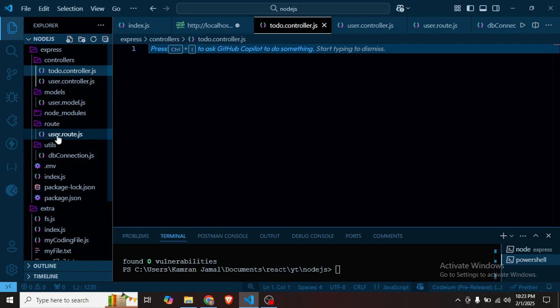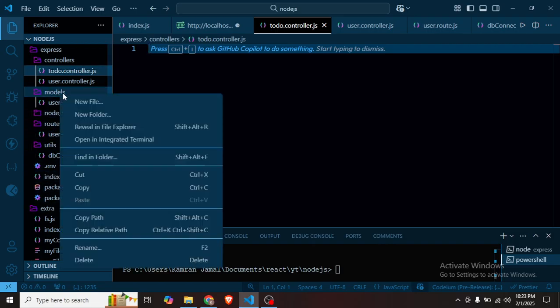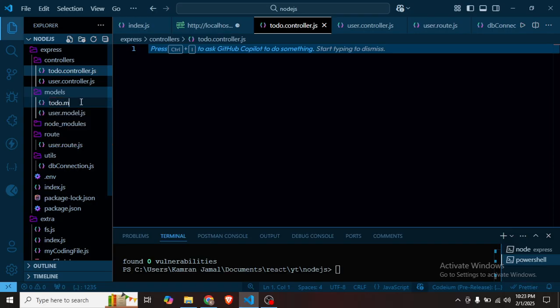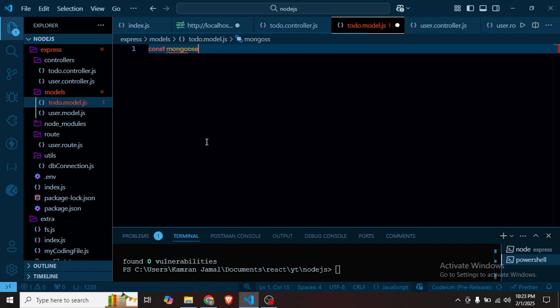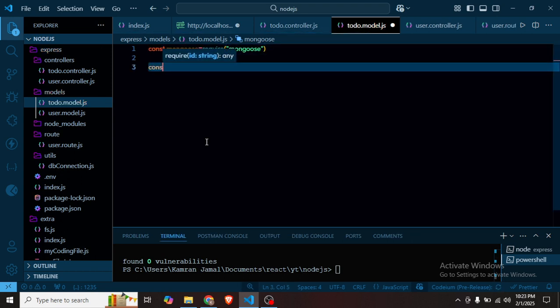Before, where is the model folder? Yes, here. Let me create a file for this, todo model.js. First I will have to require the mongoose, const todoSchema. Okay, so here I have to define what my schema should contain for the to-do. So new mongoose.Schema,